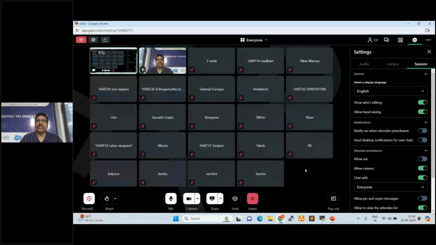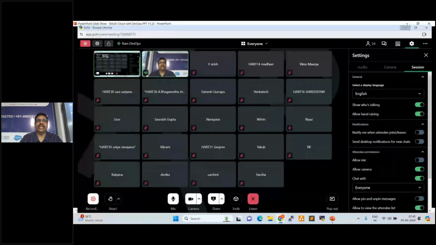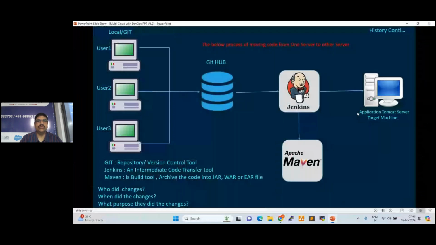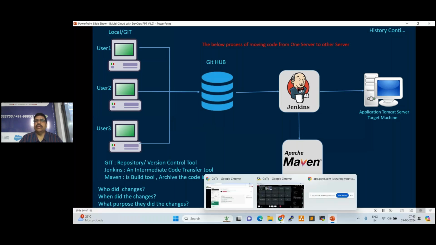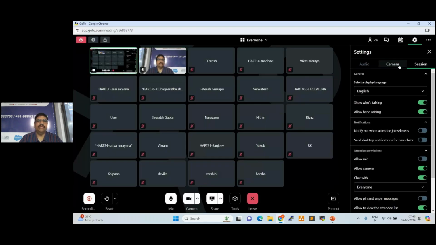In Agile methodology, we are using these tools for build, and we integrate all the tools like this. We are using this flow, the build and release process. Manually we don't push the code or pull the code. By using Jenkins only, you can operate all the activities. Clear, right, everyone? Any questions? You can raise your hand if you have any question. I will give you time for asking questions.